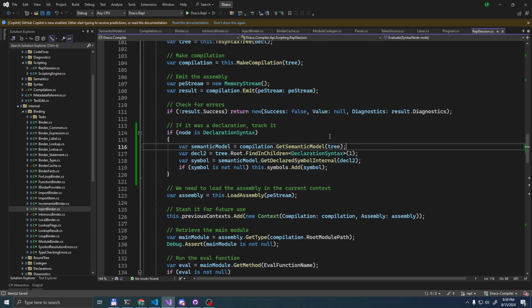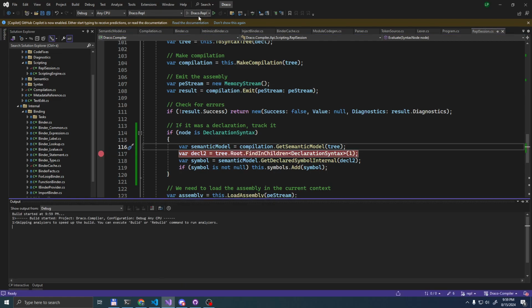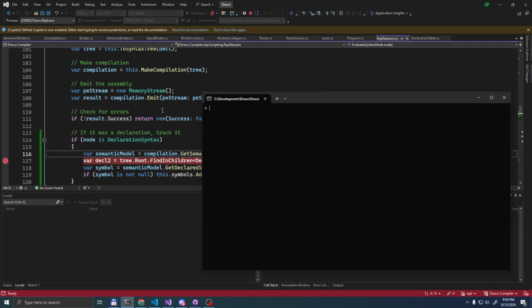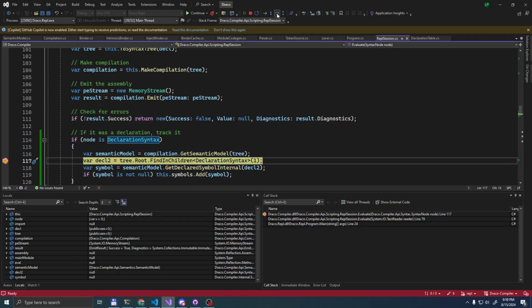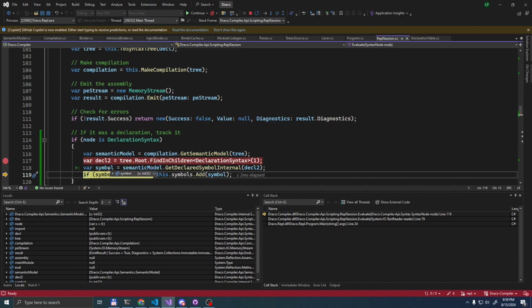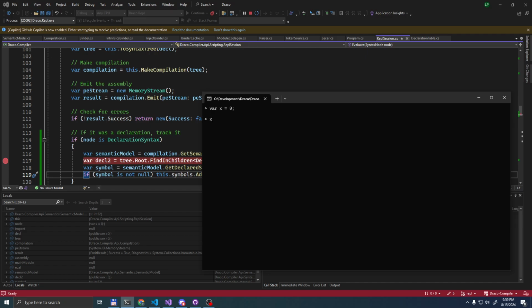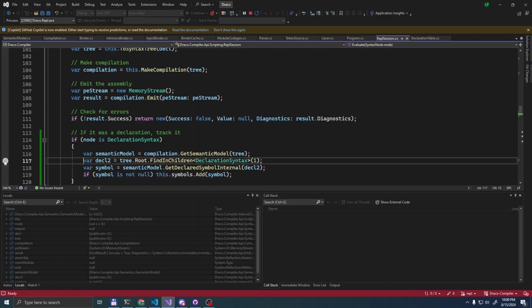So let's do index 1 to skip the compilation unit maybe. That's better, yeah. Okay. Mismatch between an object and an int32. Oh.